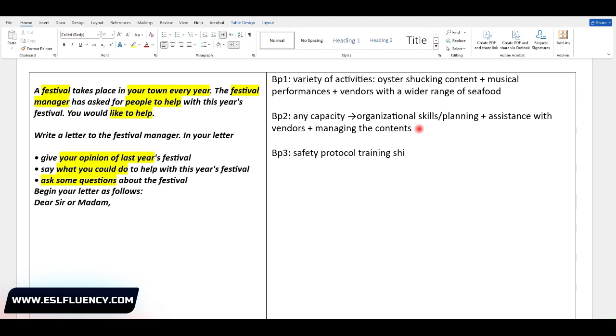So shifts. Okay, questions about the shifts. What are the shifts? Can you give me some information about the shifts? And the third question could be, how do you select the volunteers, or how do you assign them? For example, you have this job, you have that job. How do you assign them? I want an explanation on that one. How they assign volunteers. All right, I think that's it. All right, let's get us started.